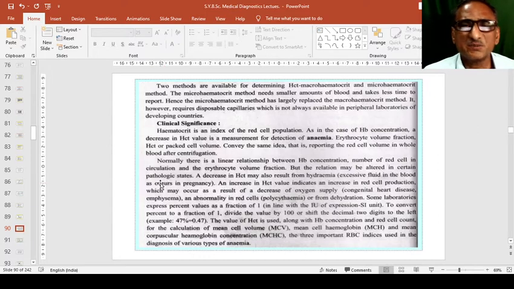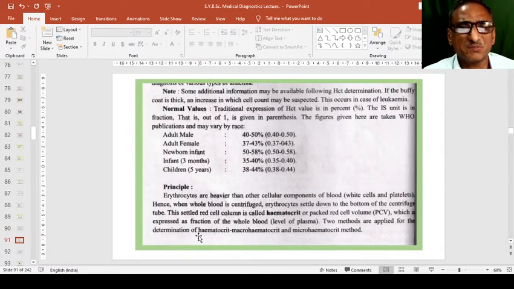Its clinical significance shows either anemia, meaning RBC or cell count, then erythrocyte abnormalities, or hydremia, then polycythemia or congenital diseases may appear, and that can be counted by this method.